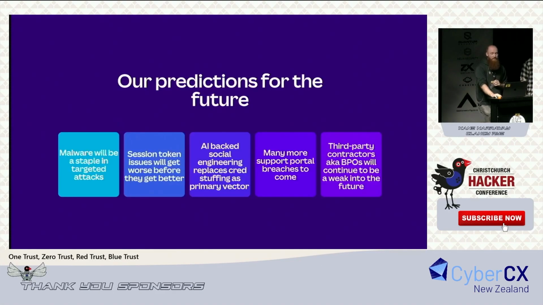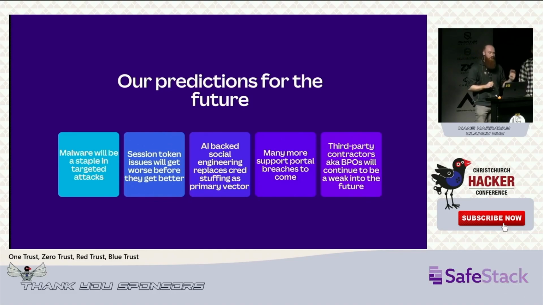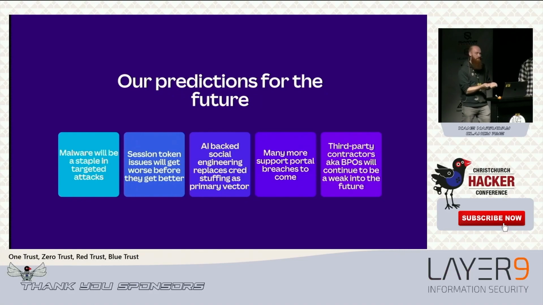And these are some of our predictions for the future. I can really boil this down to more malware, more phishing, and employees with exceptions. I think support portals, customer service desks, external contractors, that kind of thing. It's harder to secure in these environments unless you literally give them a security key and a laptop, which is a high cost for a lot of companies. They're probably going to be using their own devices. They're probably going to be having exceptions in your network.